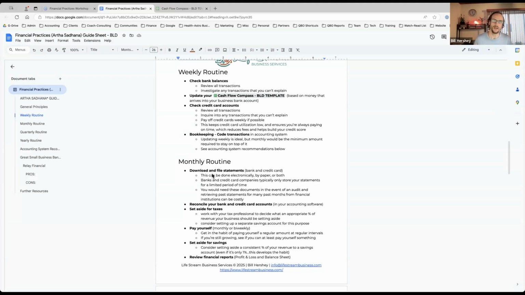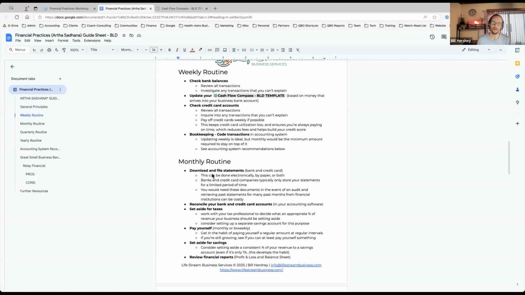I encourage clients to check bank balances and credit card balances on a weekly basis. I know it seems like overkill and maybe redundant sometimes, but you'd be surprised. Of course, you're the one holding the card when you make a purchase. Of course, you're the one on the website plugging the card information in. But especially in business, there can be a lot of action flowing through those cards and through those bank accounts. So it's worth going through and checking those on a weekly basis.